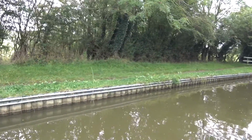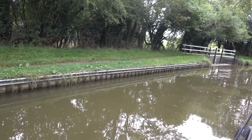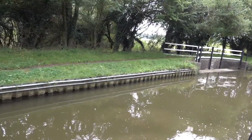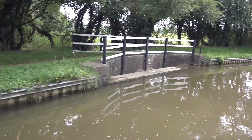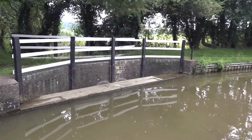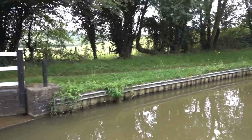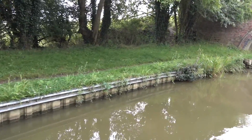So we're on the summit pound here, and we have been for some miles. This is the summit from Welford Locks all the way to Foxton Locks, and it runs about 20 miles long. And it's plenty full of water at the moment. As you can see, there's a little bit running over the spillway there. Not a lot, but a little. Enough to trickle over, which means this section of the canal is essentially full, which is a good thing,